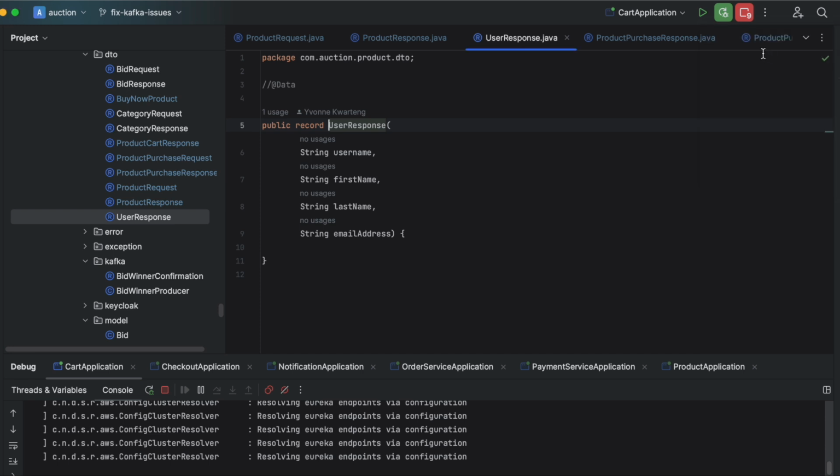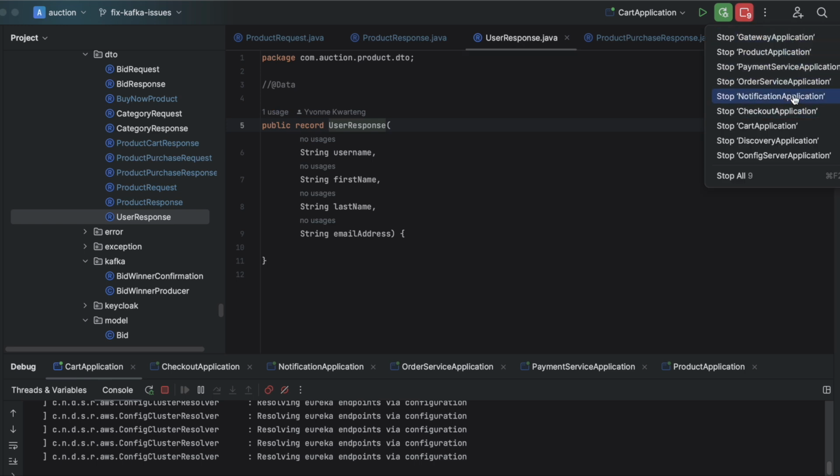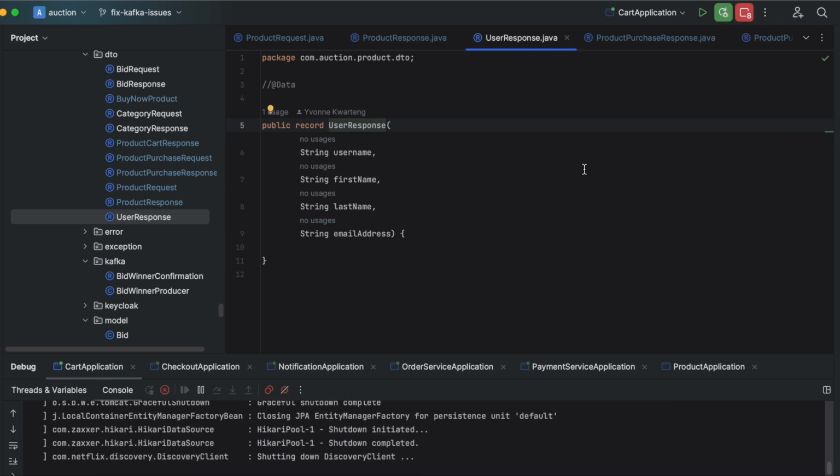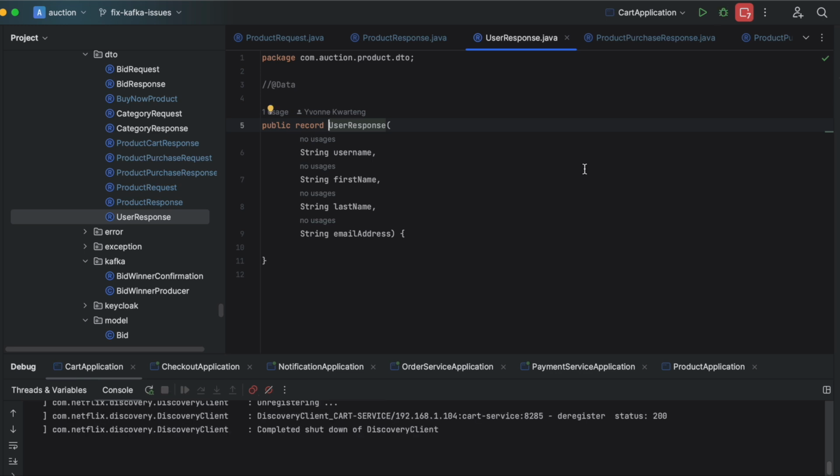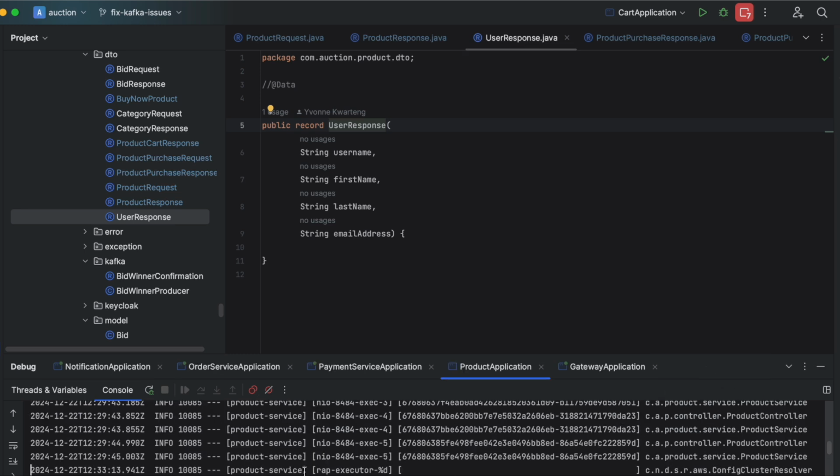So I'm going to stop the product service, and I'm going to also stop the cart service. I think that is all I need to do, and once it stops, I'm just going to go into product service. This is product service, and I'm going to start again,